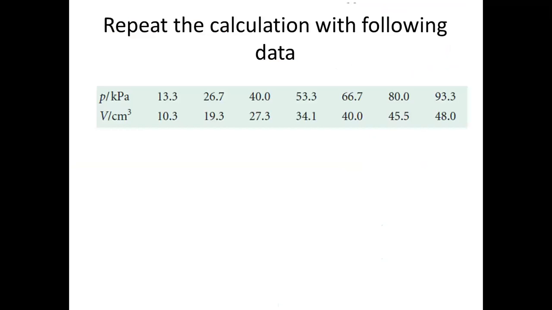So in a similar way, this is an exercise you can do at home. Repeat again: the pressure and the volume are given, and you first have to calculate P over V, and the P will remain the same. Then you plot and get the values from the slope and intercept to have the value of the K constant and V infinity. The values are written over here, and you should plot manually and by using Excel, and then you can compare with the actual answer which is given over here. So this is all about our